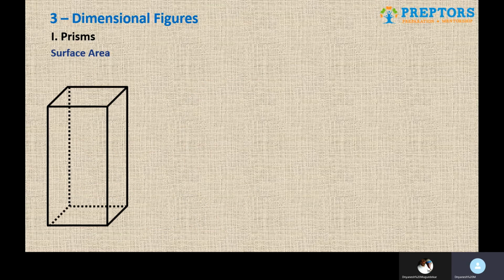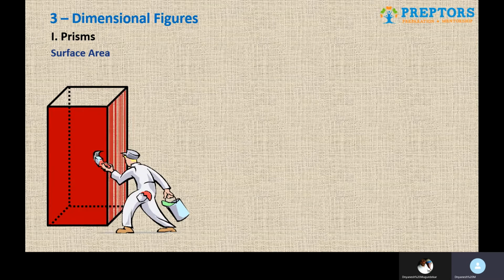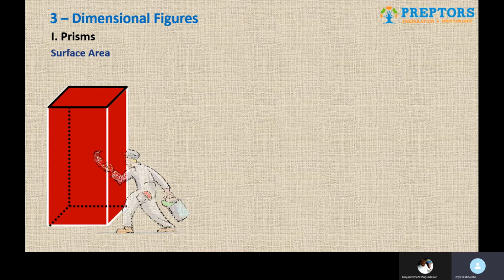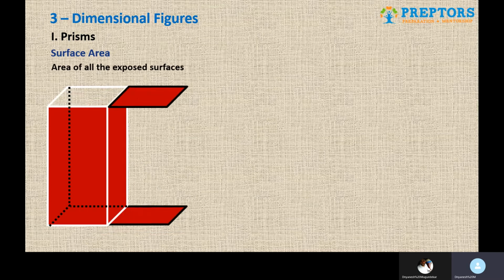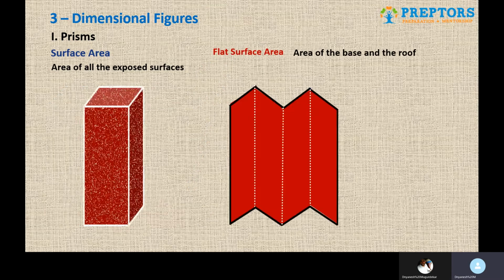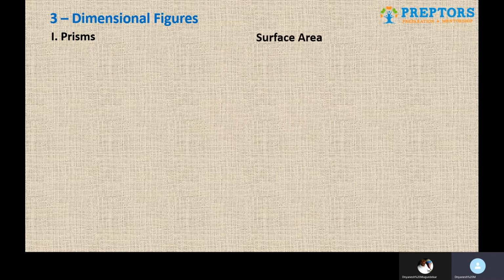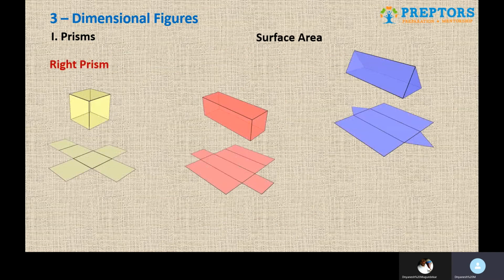Surface area is categorized into two types. One is called the lateral surface area, which is the walls around, that is front, back, and left, right. And then there is something called the flat surface area, which is basically the top and the bottom. So two types of area: flat surface area, top and bottom, and lateral surface area, the walls that are around the figure, front, back, left, right. You calculate both the areas separately, and you add them, and that's how you get the total surface area. That's what prism is all about for you guys.